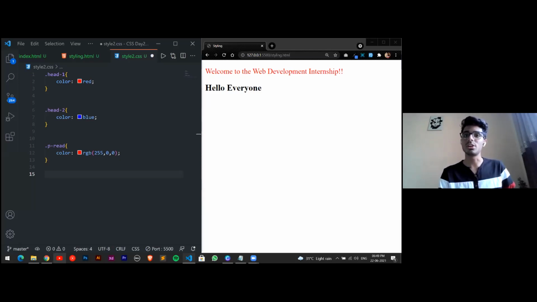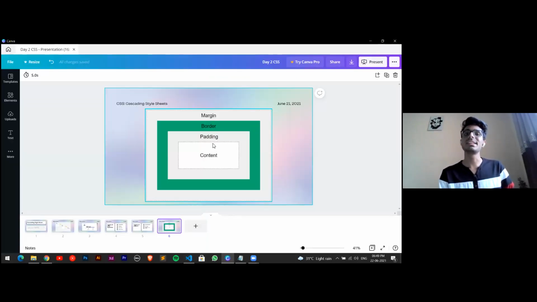Okay. What does padding exactly mean? So padding, if I just show you the box model, is basically the spacing between the border and the element which we need. So it is inside our element. This border isn't this much thick every time. The border is very small.